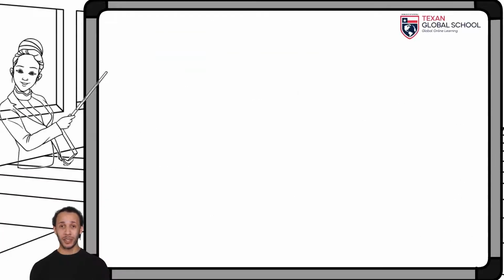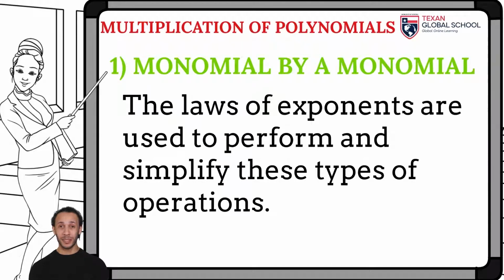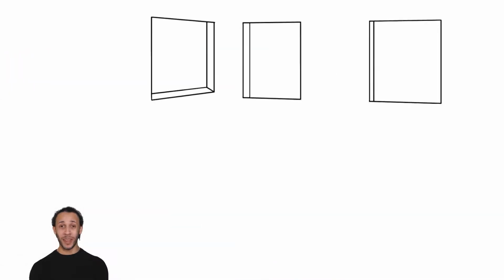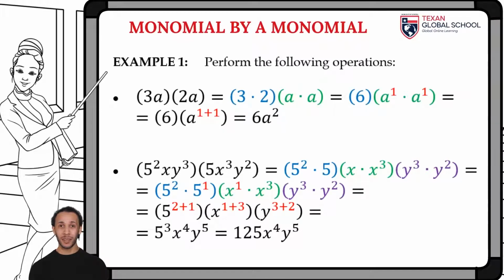These types of expressions are performed and simplified using the laws of exponents. Let us look at some initial examples. The product 3a times 2a is performed by grouping real numbers and variable factors with equal bases. Since the bases of the real numbers are different, we simply perform the product of 3 by 2, thus obtaining 6. The product between equal bases is carried out using the laws of exponents. So, since both bases a are raised to the first power, we add their exponents, thus obtaining a result of